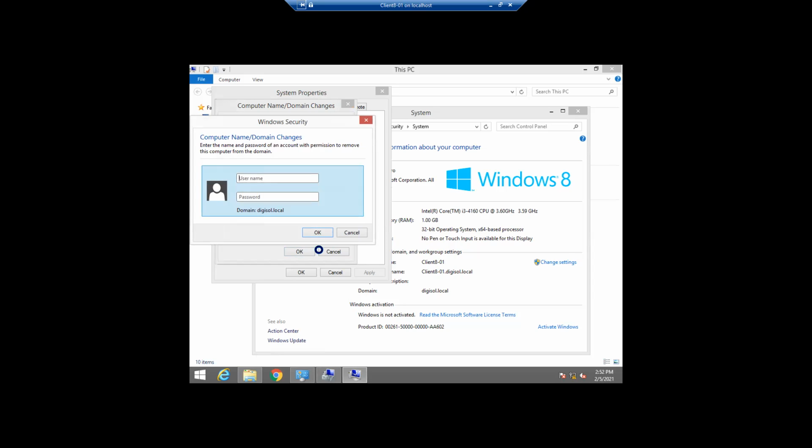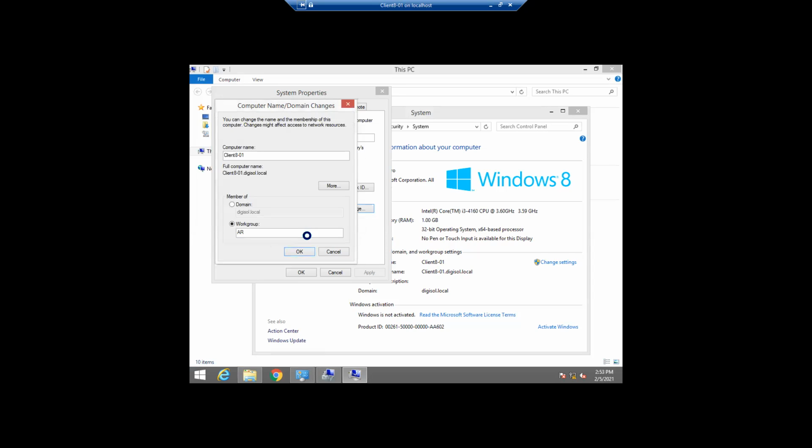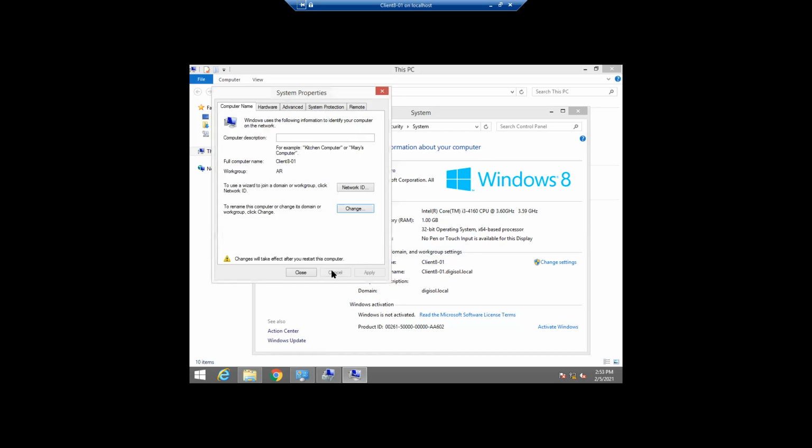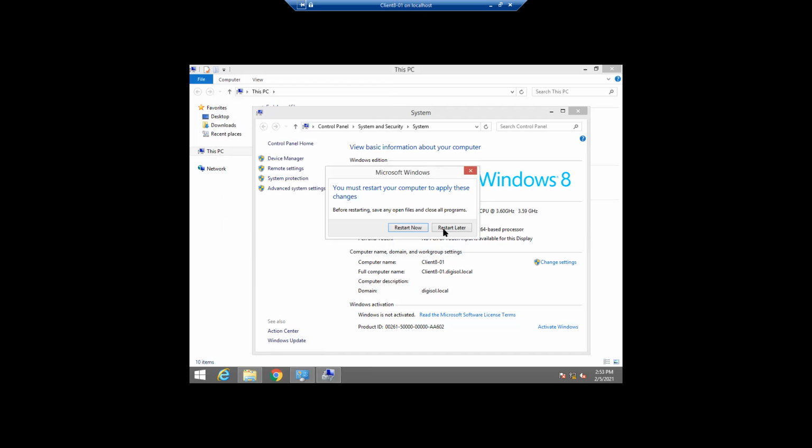It is asking for a password, the administrator password, and I'm typing it. Now it will be removed from the old domain. It's done, right? So I will reboot and add it to my required DC, the domain controller.